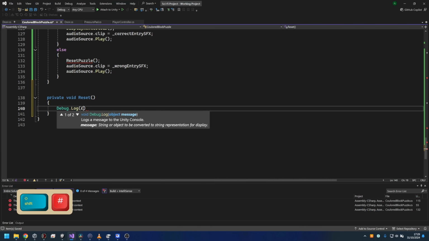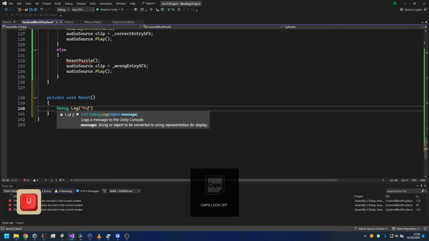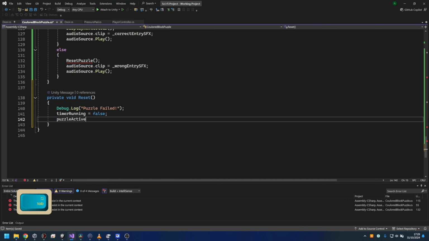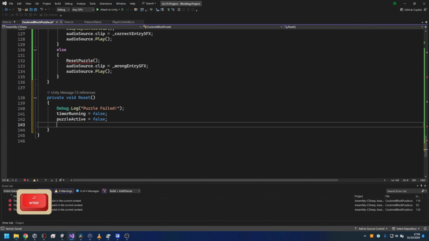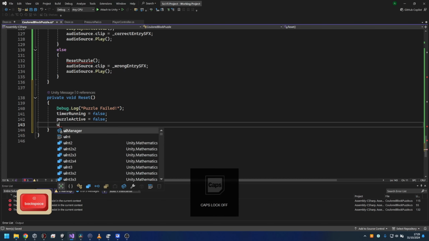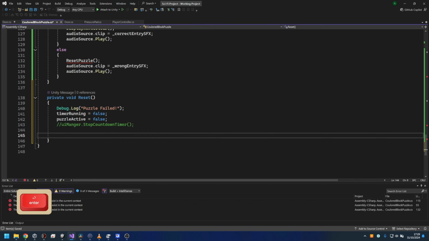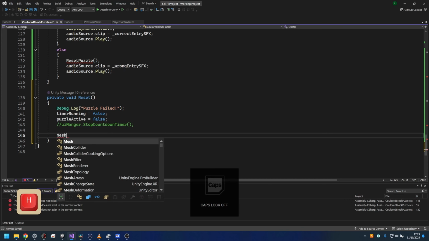So we're going to do debug here, and the debug will be puzzle filled. Timer running is no longer true, so we set that to false. Puzzle active is false because the puzzle is no longer active anymore. UI manager, let's comment this out first. UI manager dot stop countdown timer. And then all we're now going to do is set the materials back to basically index 0 for the TV. So to do that, we just say mesh renderer